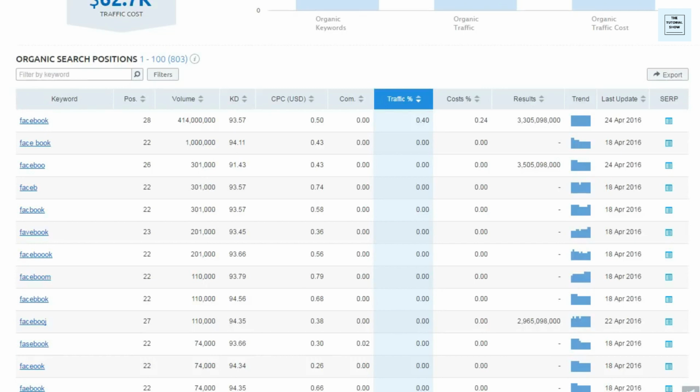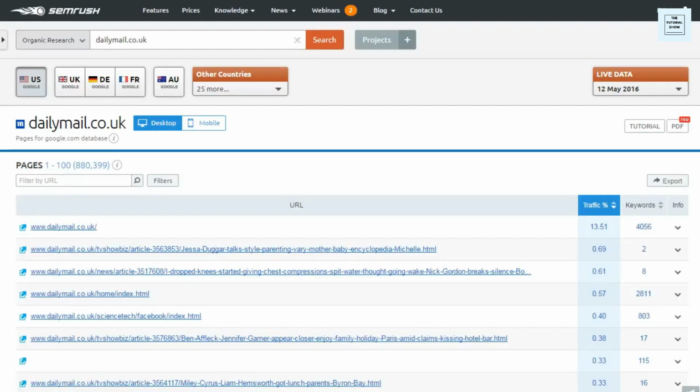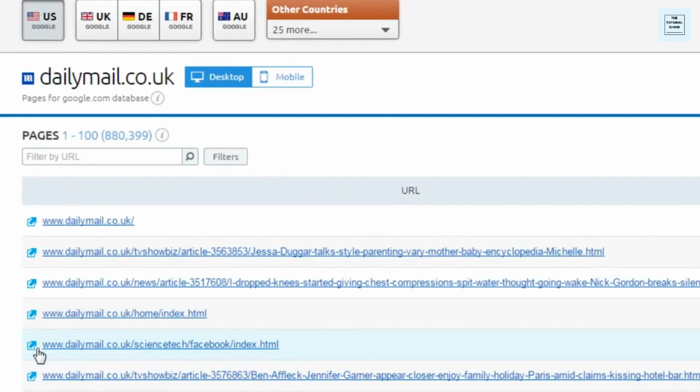It's really going to take your site time to build up some of that domain authority and trust, and for you to be able to start generating some traffic to it. And lastly, I like to go back to the list of pages, and then I like to click this icon next to the link, and this is actually going to take me to the live web page.